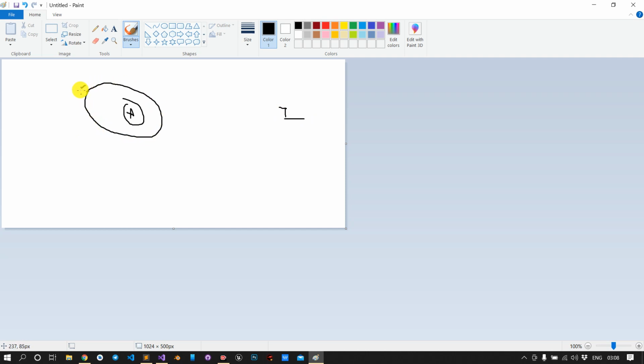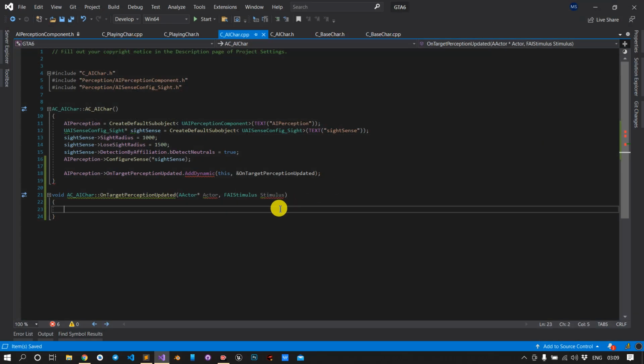This is the inner circle and this is the outer circle. When I touch the outer circle, the AI won't know that it is me. When I cross the second barrier, it will register that he is within my range. Now when I get out from the second circle, it will notice that I am gone. So this information is available in the FAIStimulus.